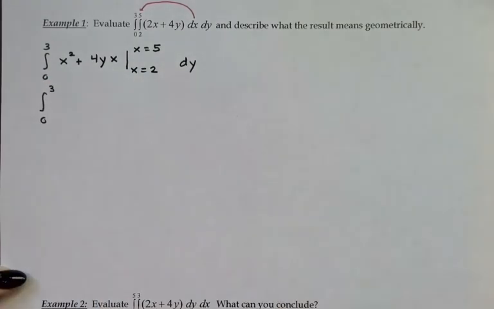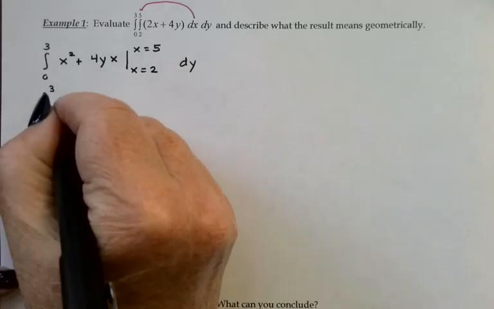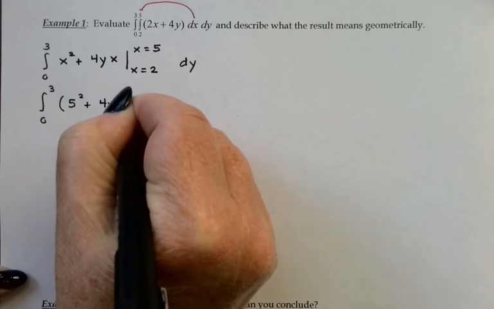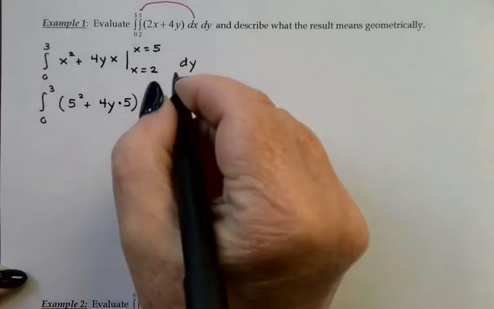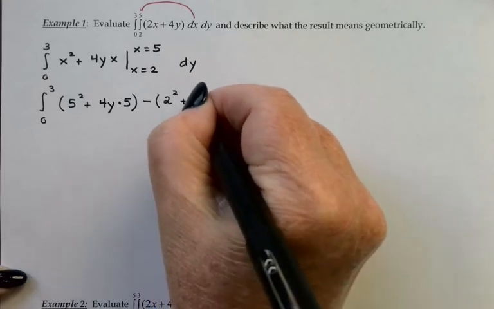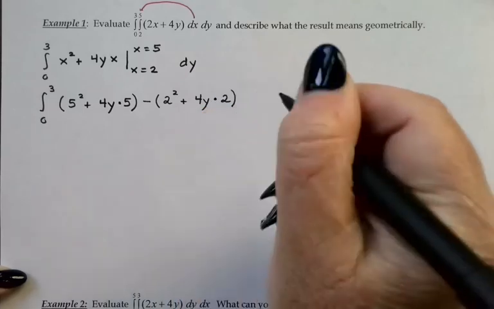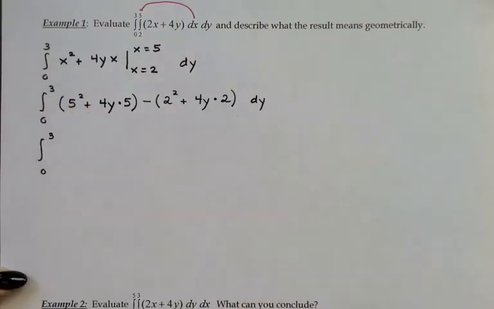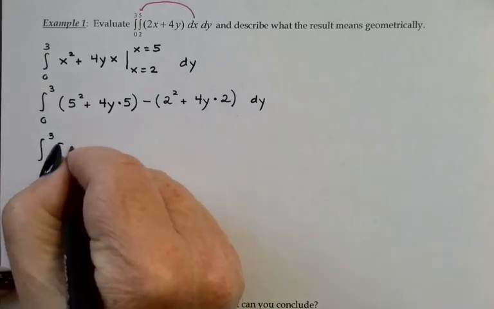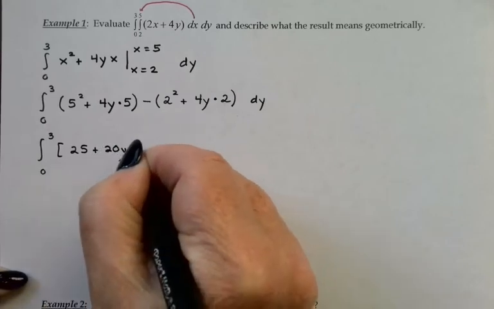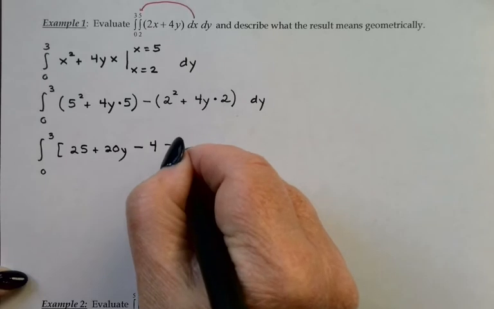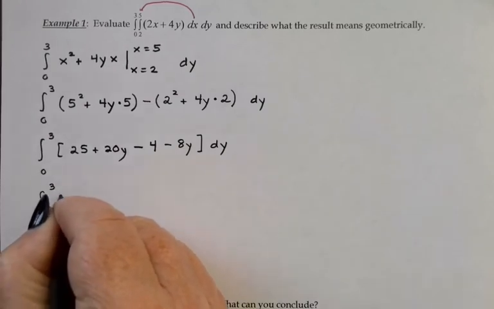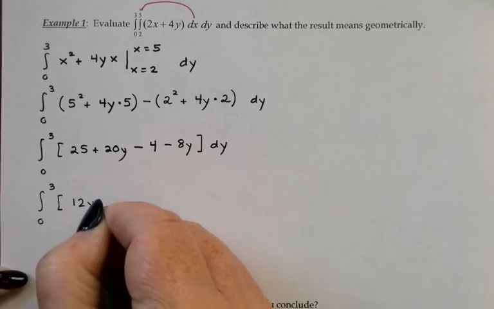So, evaluating using the usual fundamental theorem of calculus, I'll first plug in x equals 5. So I'll get 5 squared plus 4y times 5. Subtract. Now I'm plugging in the 2. 2 squared plus 4y times 2. And again, that dy is still hanging out there for later. Let's see, that's going to be 25 plus 20y, minus 4, and distributing the negative, minus 8y. Or the integral of, what is that, 12y plus 21